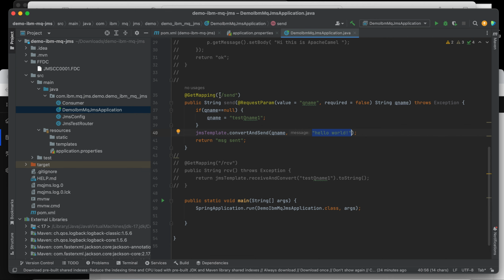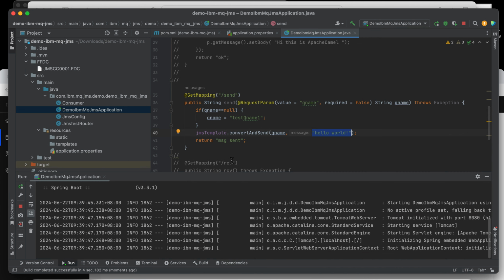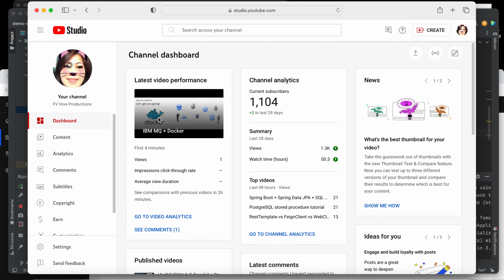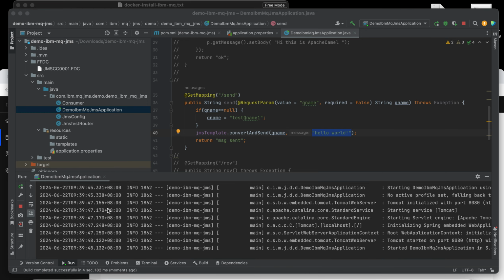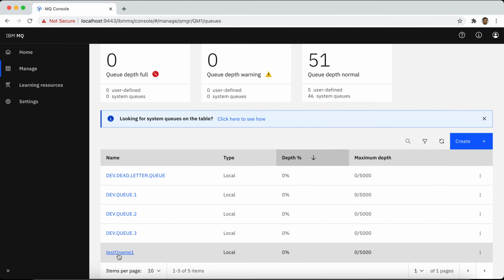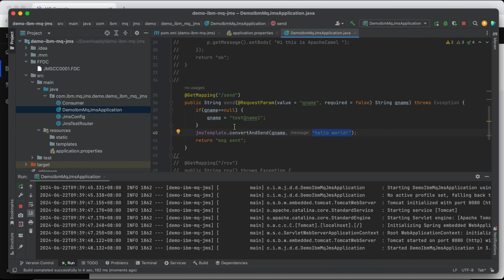All right, let's test this. Now in this queue we don't have any message, right? So let's test our application. Now we just deploy this.